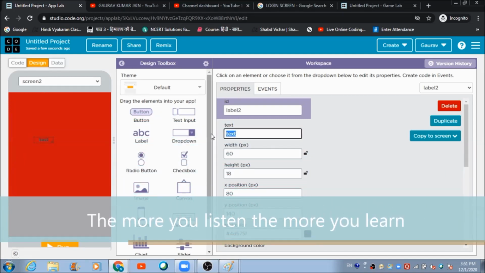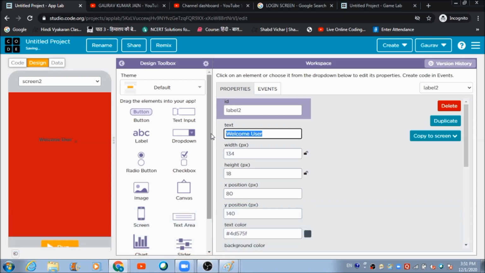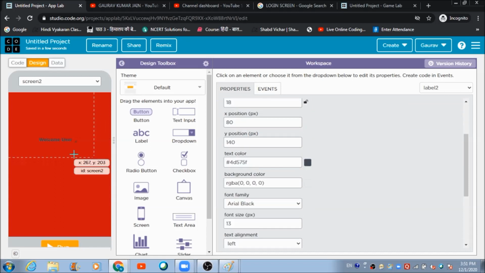and I'm going to write down welcome user. Fine. And if you want to change the text color of this label, come down here in this properties panel and let's make it white. The code for white color is six times F you have to write: 1, 2, 3, 4, 5, 6. So automatically it is going to turn into white color text. Now if you want to change the font size, you can increase the font size like this. Welcome user. Okay, so this is it.